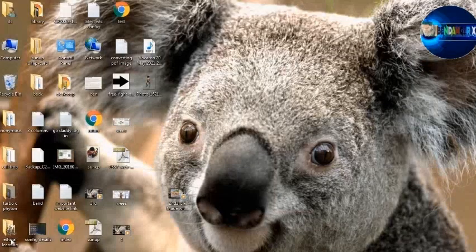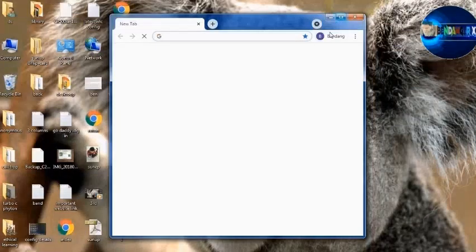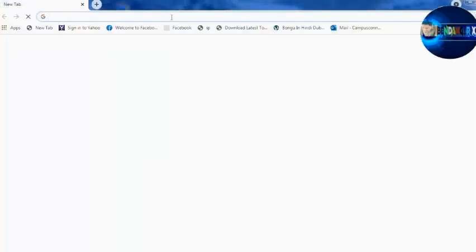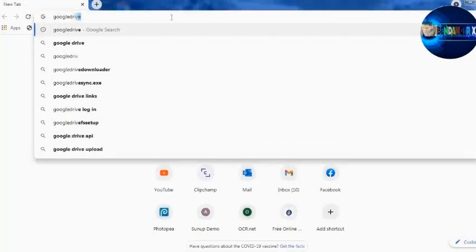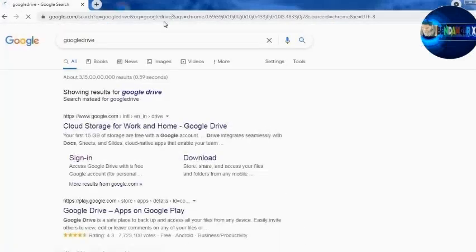Next trick, how to change your PDF document to Word. For that trick, you need to follow the steps which I'm going to show you on my laptop screen. For that, you need to have internet connectivity in your computer or laptop. Once you are ready with your internet connectivity, go to Google. After going to Google, you need to type here Google Drive. Press enter and after that